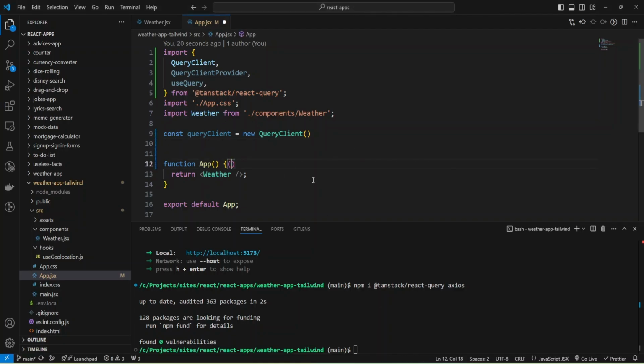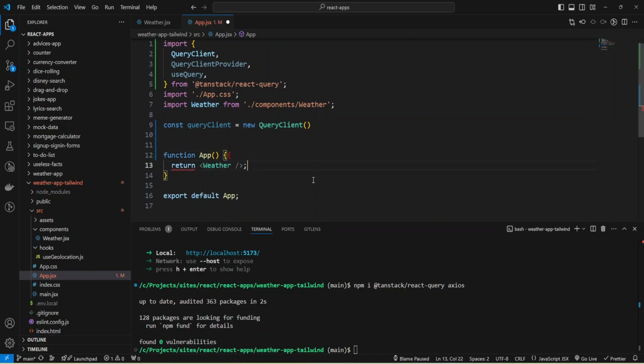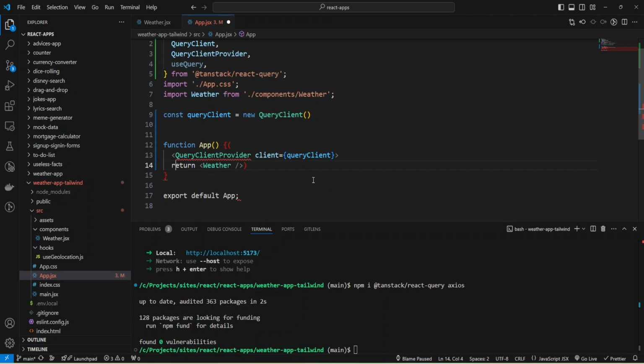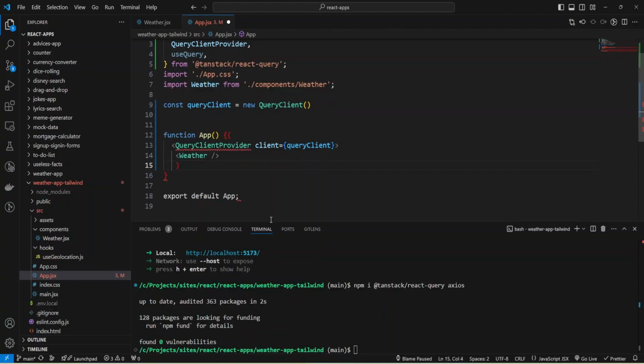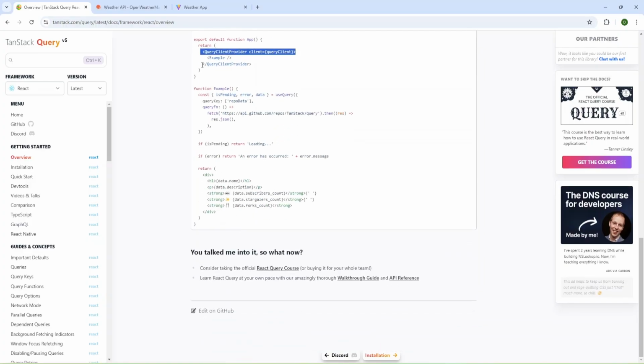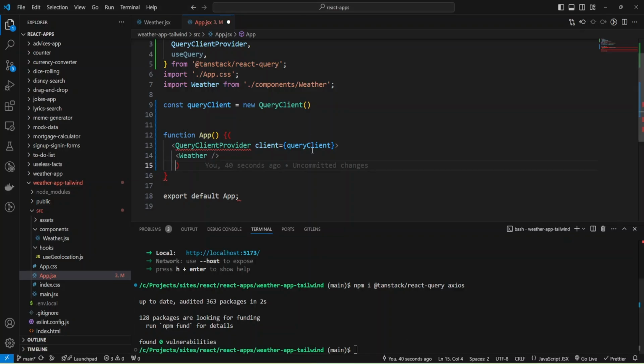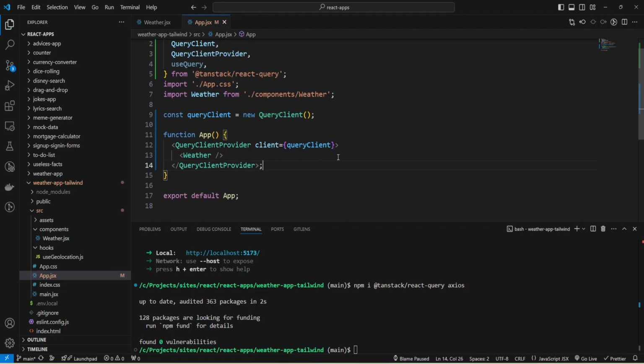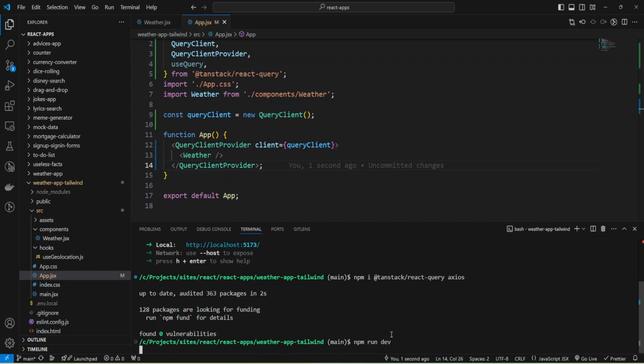Yes, return, adding JSX, and we need some query client provider. And also we need to close this tag. Okay, and let's start our dev server. npm run dev.